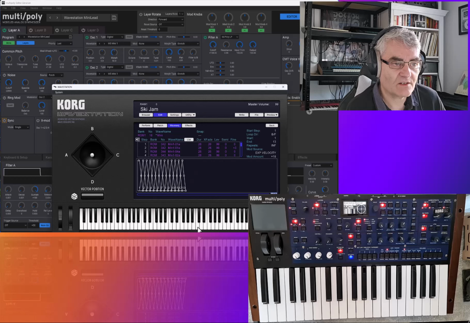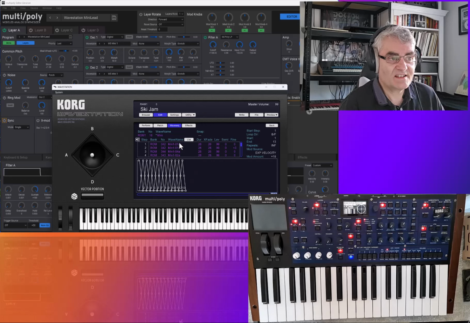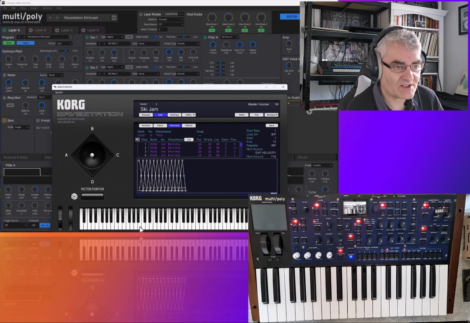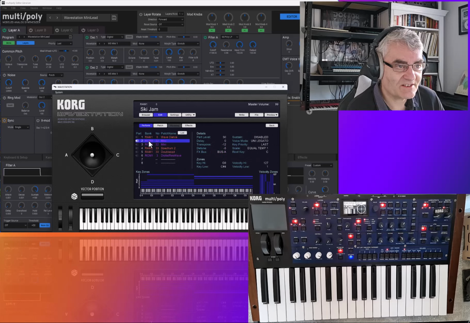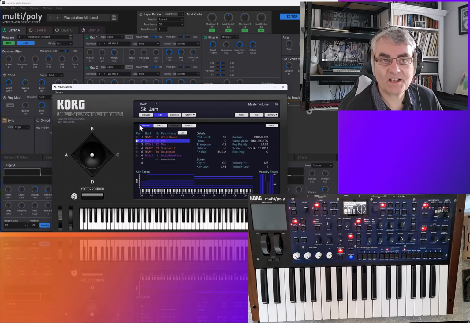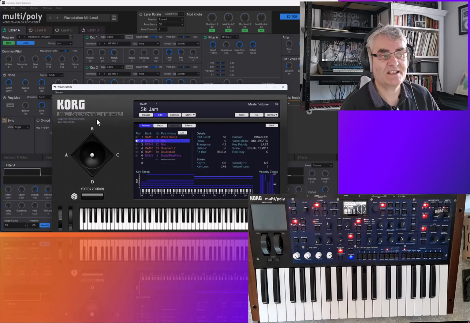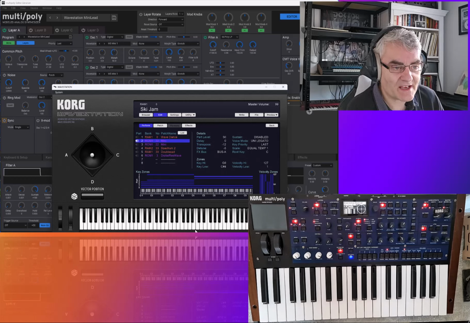You can see it's part of the Ski Jam patch, the classic one. Let me just go back to the performance so you can hear it all. That's brilliant, isn't it? Pete Ski Swartz has been on the podcast, so go on our website or on our YouTube channel, and you'll see the podcast where Pete talks about how he created this patch. But anyway, this bit is the bit I like,